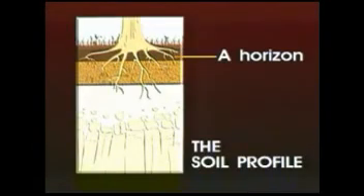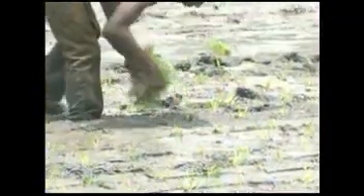The A horizon is the topsoil, the part in which we grow plants. It is soft and crumbly and is composed sometimes almost entirely of decayed vegetable matter. The A horizon is sometimes called the zone of leaching or the eluvial or washed out layer. This is because some of its materials are moved downward by soil water to the B horizon in a process called